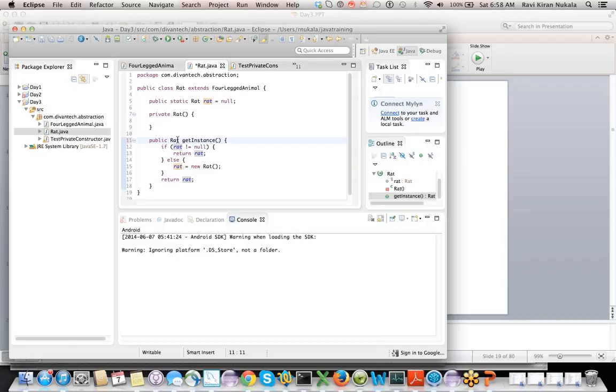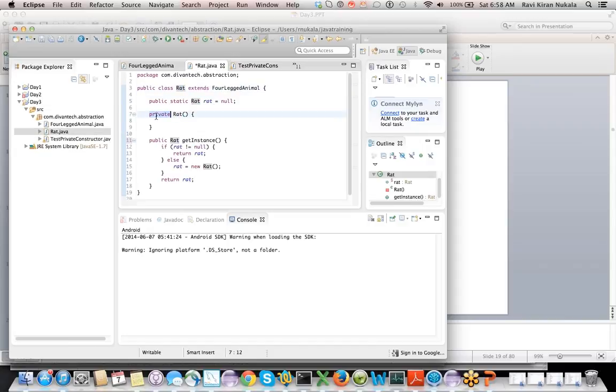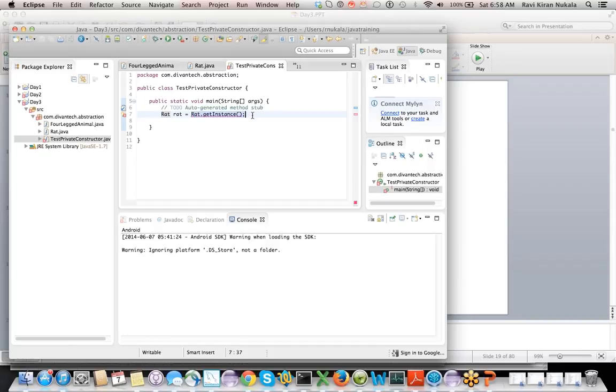Yes, Ravi. So what I'm saying here is, if you have a non-static member, how can you invoke it? Only if you have an object of class rat. Only if I have an object instance of rat, like a reference variable, can I invoke the non-static members.